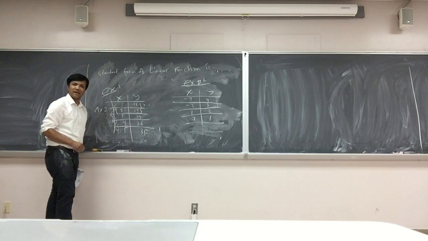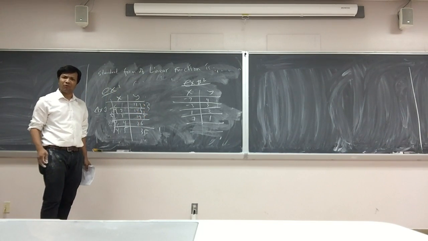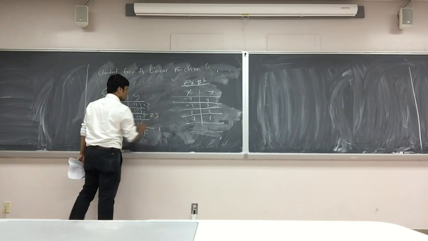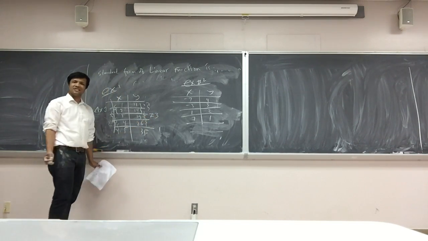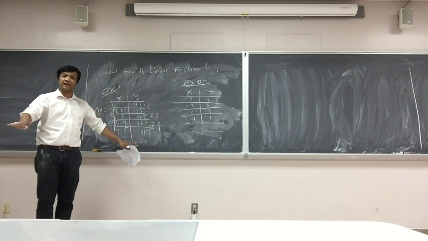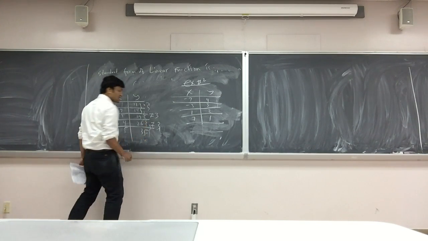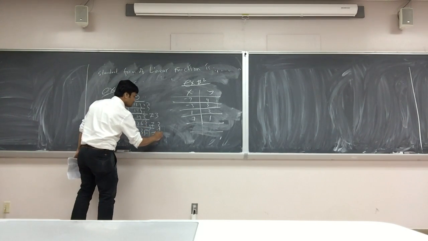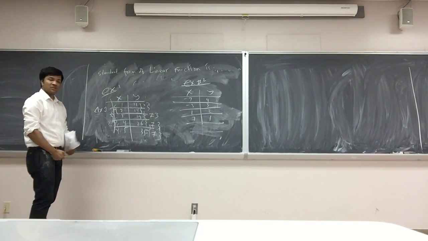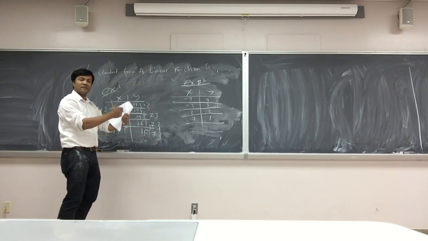Change of y from 11 to 14 is 3. From 14 to 19, is it 3? No, it's not 3. 19 to 26, is it 3? No, it's not 3. What it is, you don't care. As long as it's not 3, it's not a linear function. Is it 3? 26 to 35? No, it's not 3. So this table does not represent a linear function